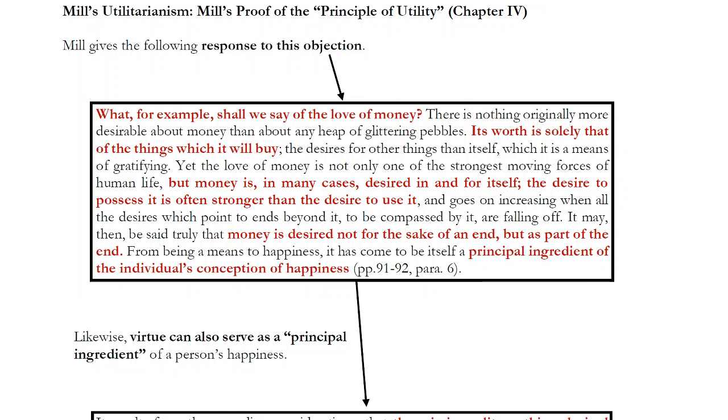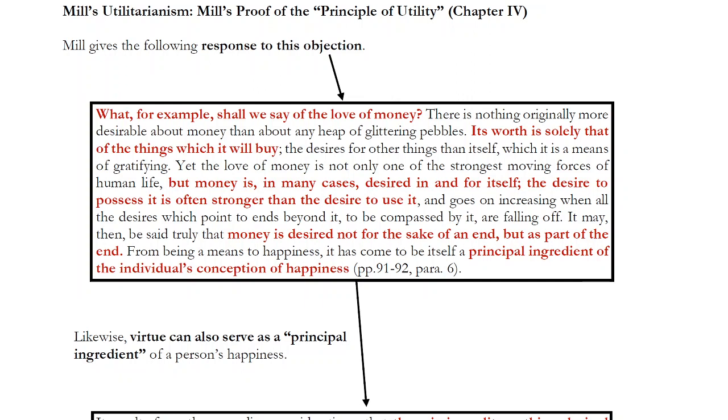So what do we say in those cases? What do we say when it seems like we're desiring something besides pleasure as an end? Well, here's what Mill responds. It may then be said truly that money is desired not for the sake of an end, but as part of the end. From being a means to happiness, it has become to be itself a principal ingredient of the